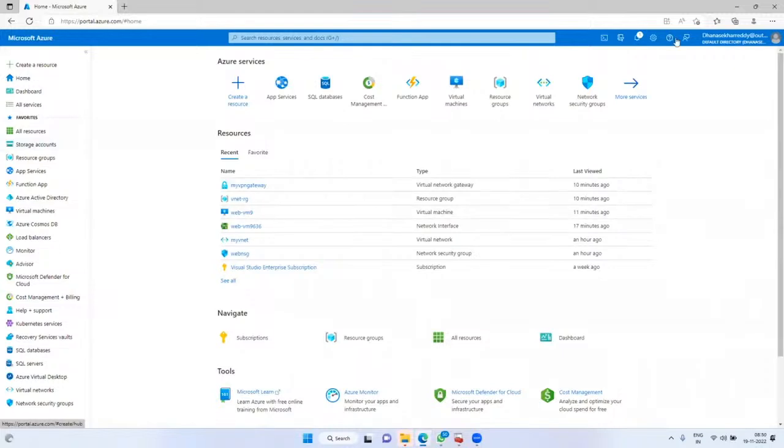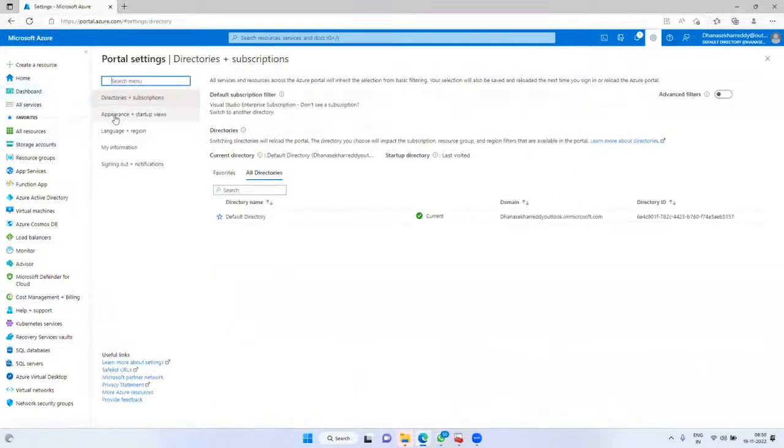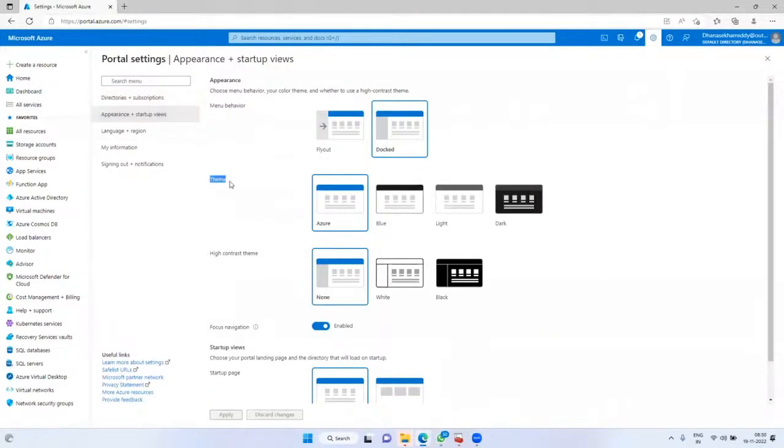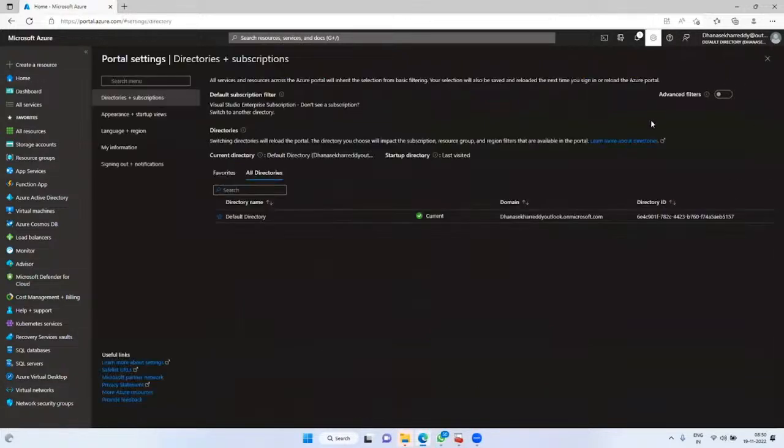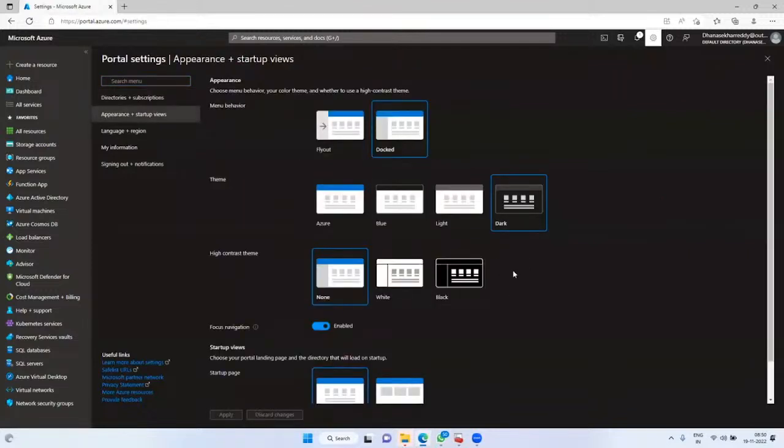Next, now navigate to settings. Next option is a theme. Theme in the sense how we change the theme for Gmail and all, right? In the same way we can change the theme here. For example, if you need entire dark, apply dark. See, the entire portal is displaying in dark color. These are all your personal settings. You can go ahead with whatever themes you want, you can apply it.